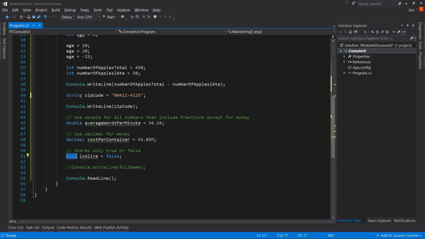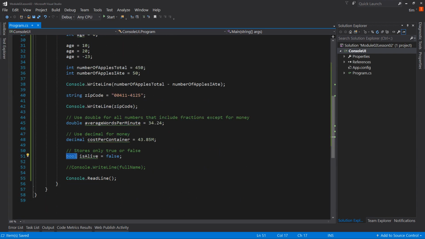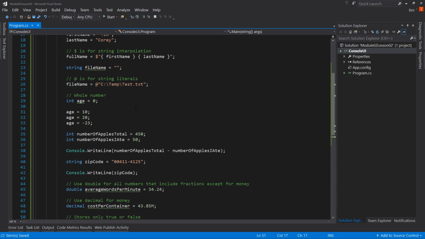Now, just so you're aware, it seems like there's a lot of code here that doesn't really do a whole lot. And you may be thinking, well, it's not really a real application. It is. It's just that we're not trying to build something that works. We're trying to build something to test out what we're learning. And these applications that you build to test out what you're learning are very important. You should definitely be creating these types of applications to test the various things